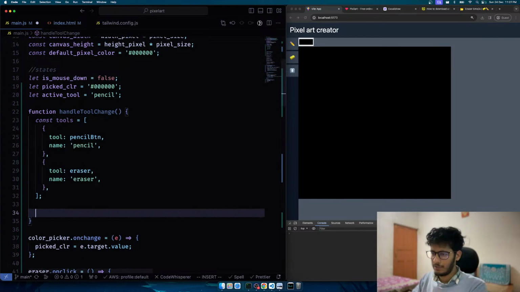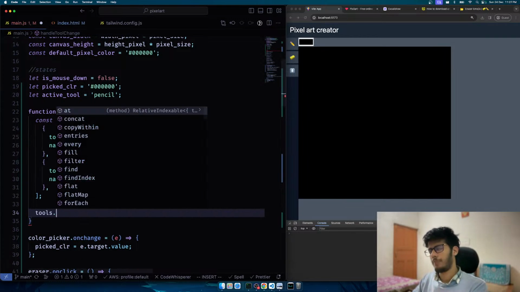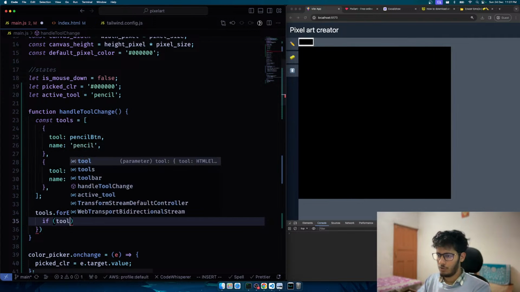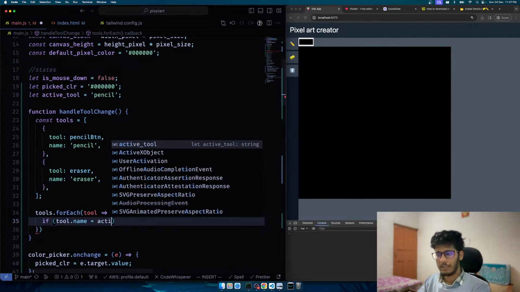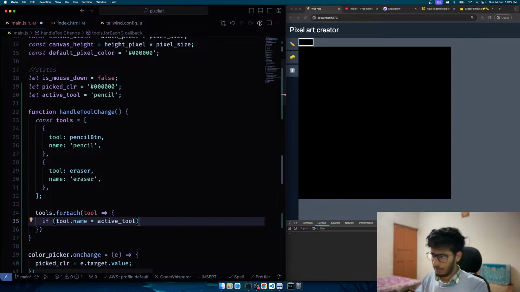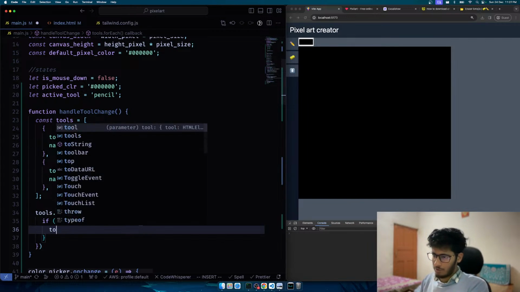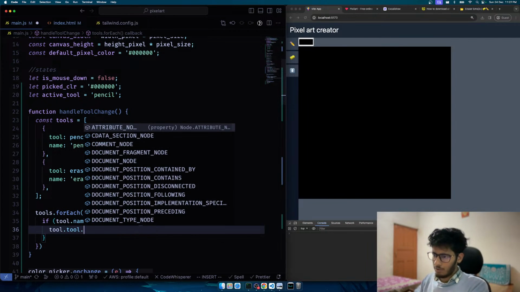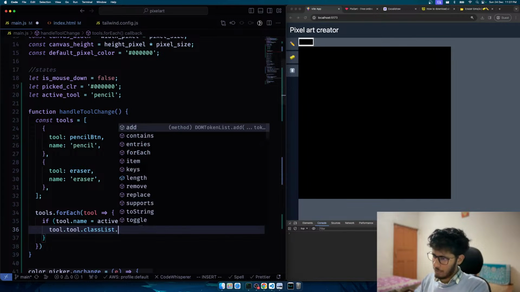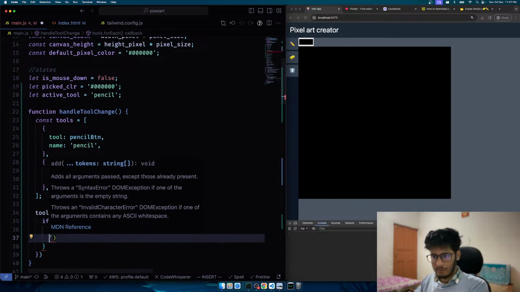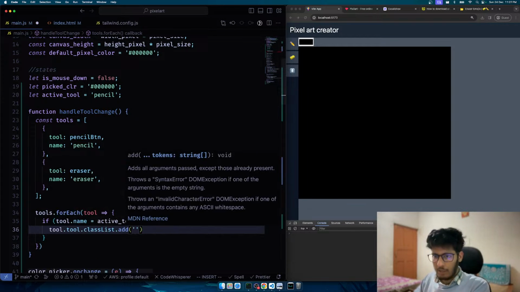Let's first reset. So we'll say tools dot for each tool. So if tool dot name is equal to active tool, then simply add this particular stuff to the tool. So you can say tool dot class name class list dot I'll say add